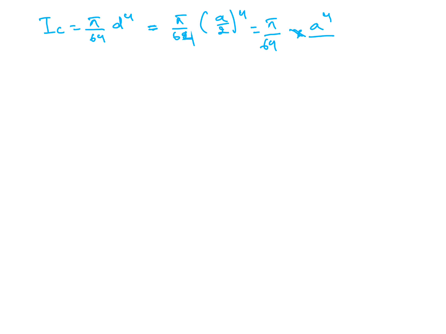Then for circle, moment of inertia is pi by 64 d to the power 4. So d is a by 2. Pi by 64 into a by 2 to the power 4. How much you will get? Pi by 64 into a^4 by 2 to the power 4 is 16. So